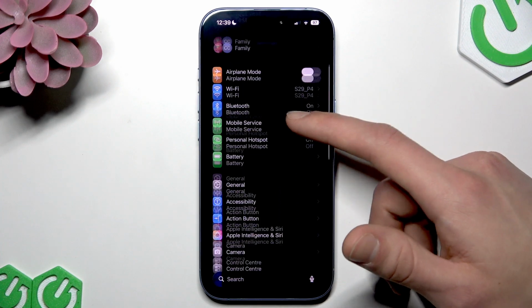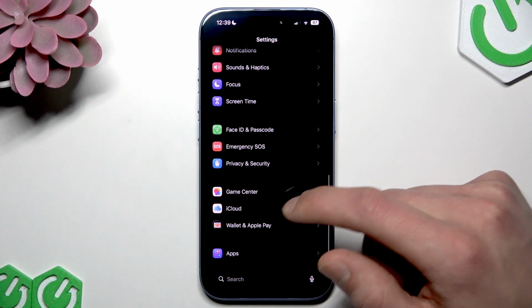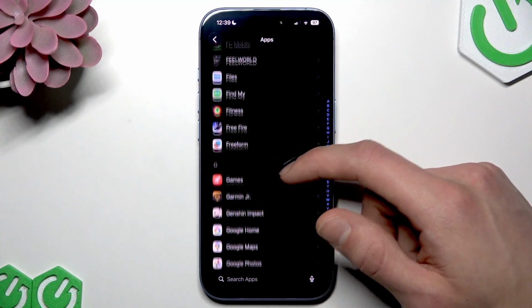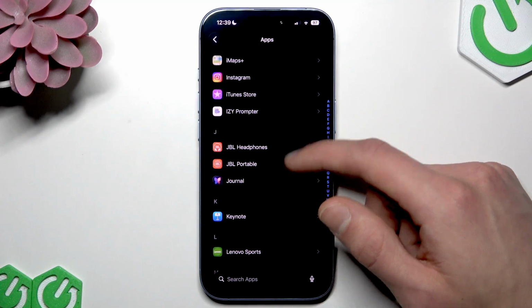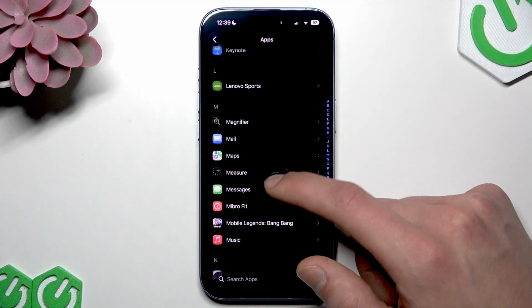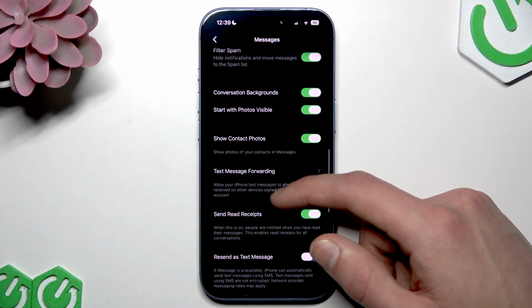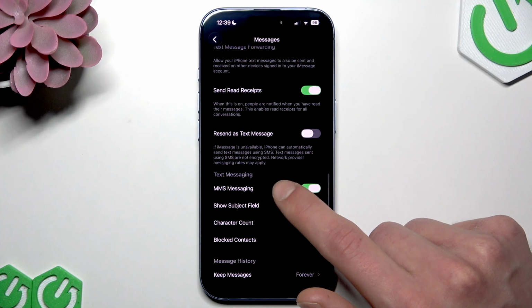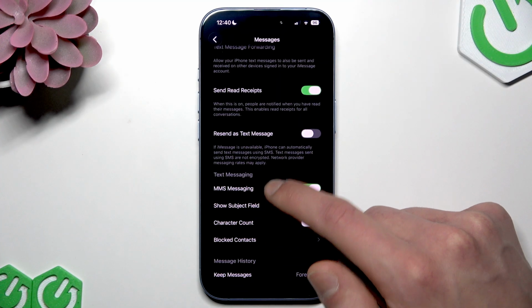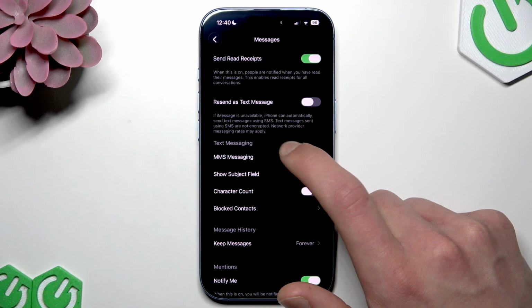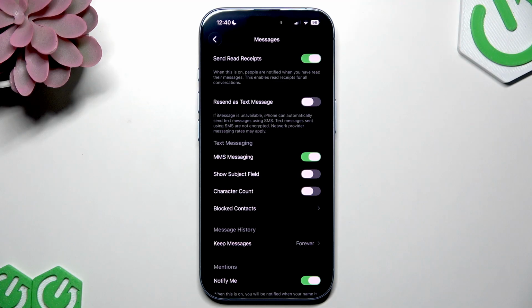have to go to Settings on your device, then navigate down to the Apps menu, and in the Apps menu find the Messages application under the M letter, of course. Here it is. Open it, then navigate down to Text Messaging, and in the Text Messaging category, right above MMS Messaging, you should be able to see RCS Messaging, and if you see it, open this menu and toggle this feature